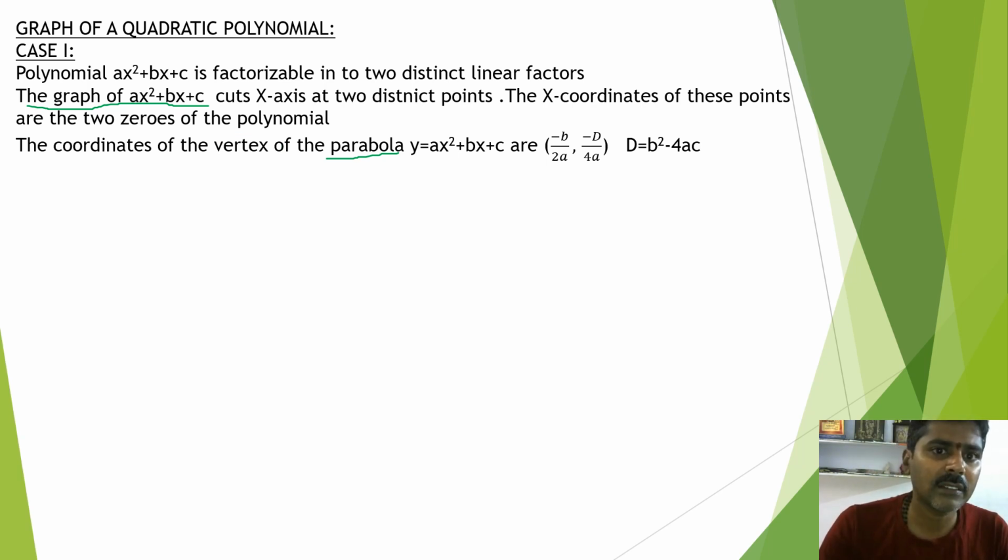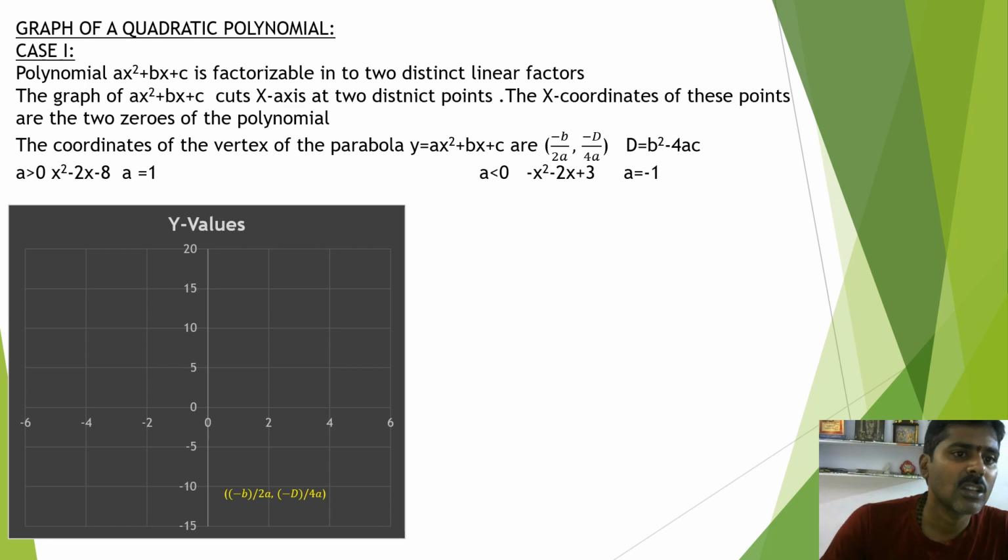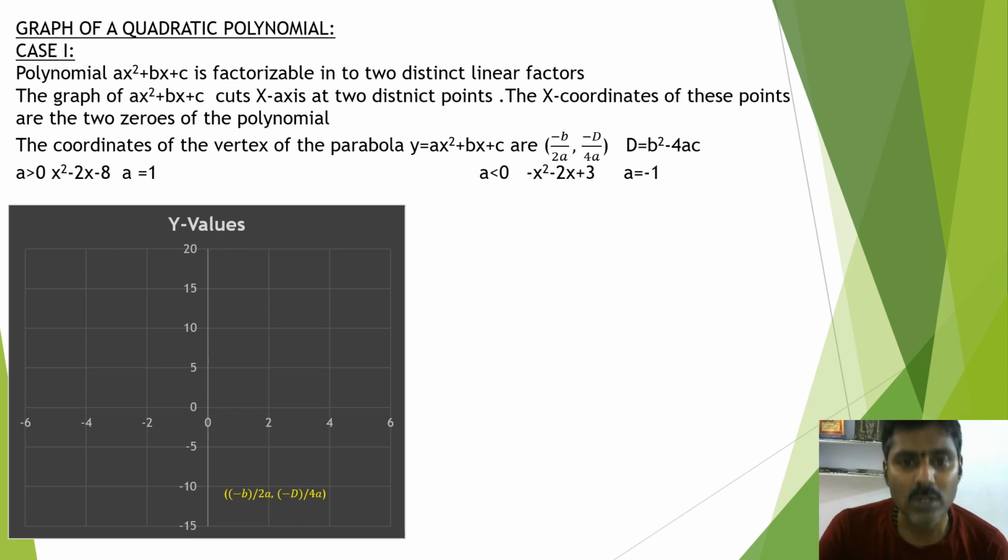Let me take two expressions here, one is x square minus 2x minus 8 and another one is minus x square minus 2x plus 3. So here in x square minus 2x minus 8, I have taken the coefficient of x square as 1, which is positive, and here I have taken minus x square, a is equal to minus 1, which is negative. If I take different values of x, as we have done previously for the value of a polynomial, on a graph sheet, then I will get the corresponding value of x square minus 2x minus 8, which is taken as y.